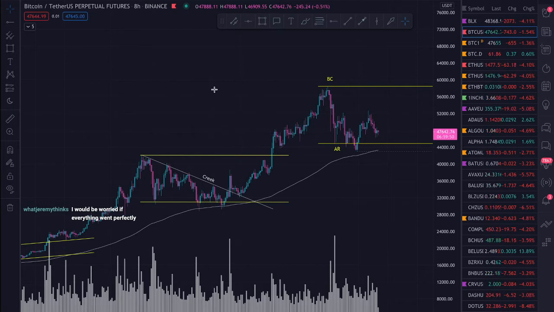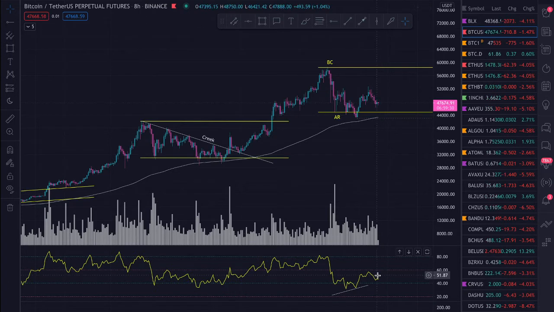So I am going to start off with our favorite cryptocurrency, and that is Bitcoin. So we're taking a look at Bitcoin. We're here on the 8-hour chart. As the price candles develop more and more, I like to go into higher and higher time frames to look for confluence on any bullish or bearish ideas. We have enough price information that has occurred thus far that I feel okay interpreting the 8-hour chart.